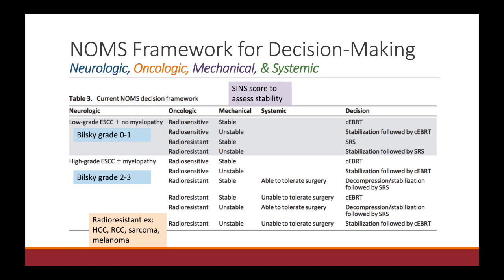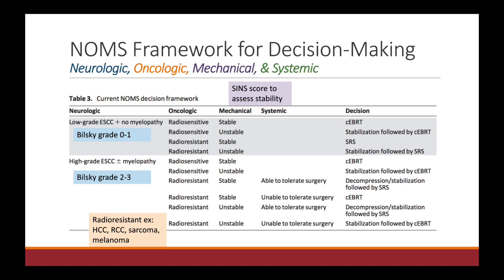Mechanically, is the patient stable or unstable? And you can use that spinal instability neoplastic score to help assess that. And then finally, systemically, do we think that this patient is going to be able to tolerate surgery? And you will see that in radioresistant tumors, we tend to be more aggressive, pushing more for surgery, as well as stereotactic radiation. And then for the radiosensitive tumors, we tend to be able to get away more with just